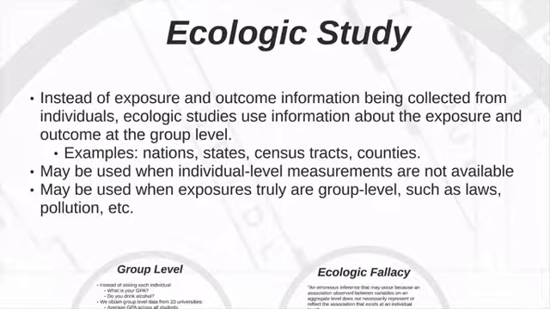So we could get other data from the government on the prevalence or incidence of people dying from cardiovascular disease, right? Those two pieces of data are both at a group level, a population level, and then we can look across countries: in countries with high meat consumption, is there high cardiovascular mortality? In countries with low meat consumption, is there low cardiovascular mortality? We're not looking within individuals to say, did this person eat meat and did they die? We're looking at the group, in this case countries, and do we see some relationship between meat consumption and cardiovascular